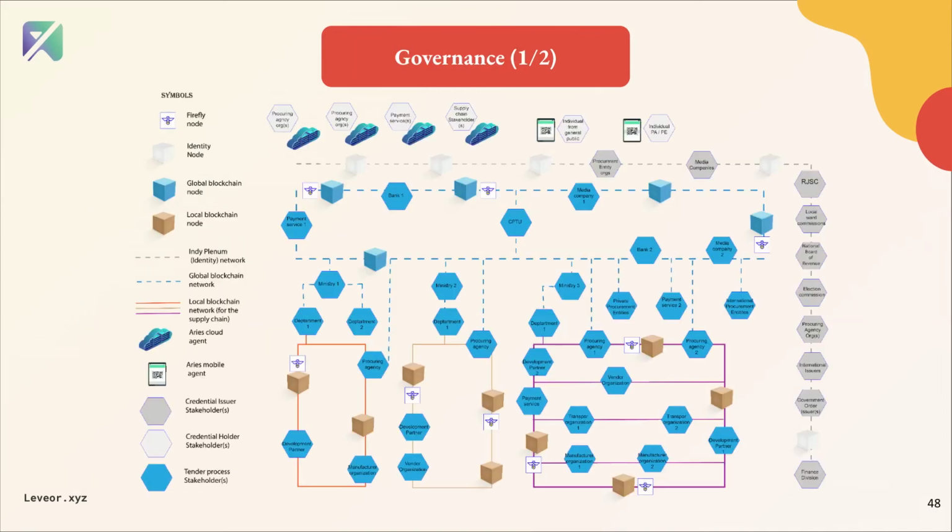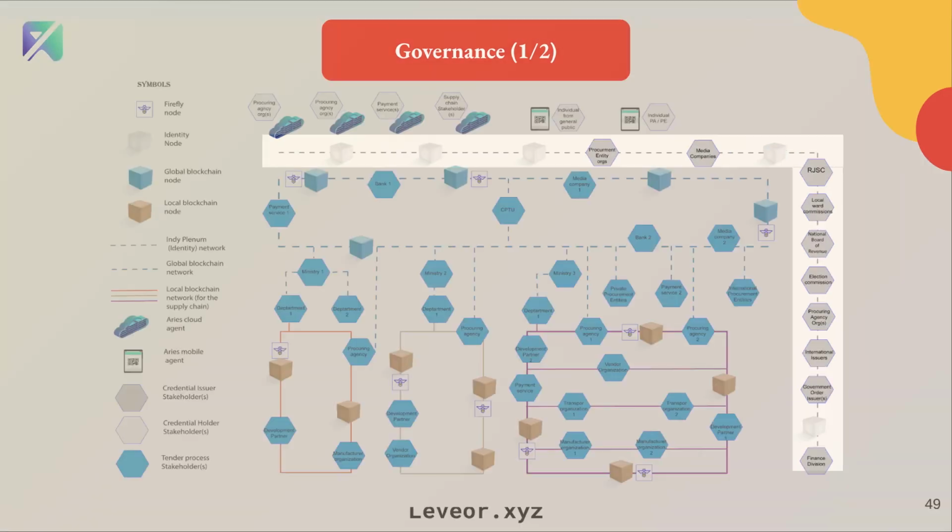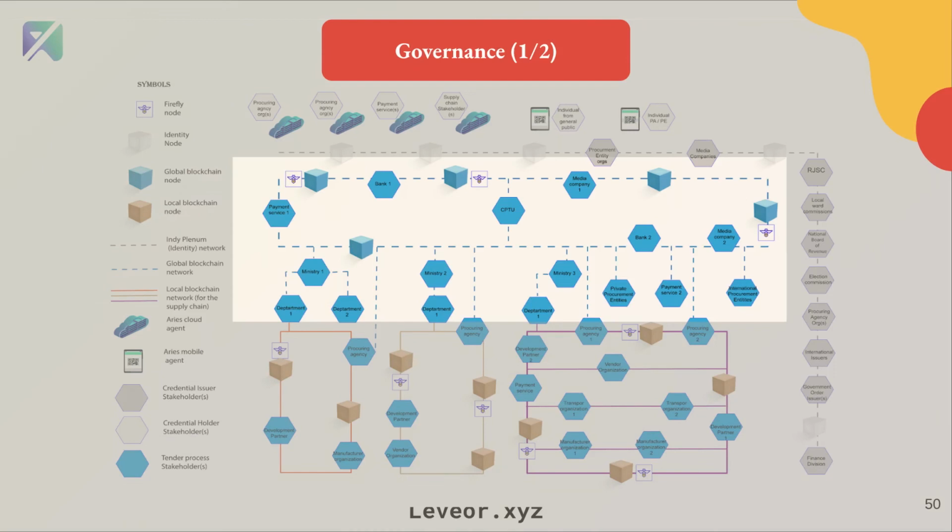This diagram gives an overview of how all types of stakeholders with identity nodes and networks come into play to form blockchain governance. There are three chains in our proposed solution. First is the public permissioned blockchain managing identity. Second is the global Hyperledger Besu chain with Firefly Supernode support for blockchain orchestration. And the third is the local Hyperledger Besu chain responsible for managing individual projects. The user interacts with the blockchain ecosystem with Aries Cloud Agent.